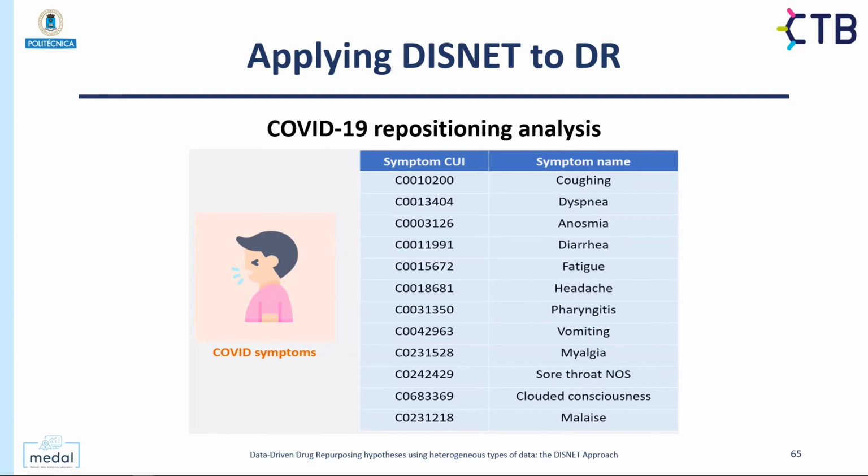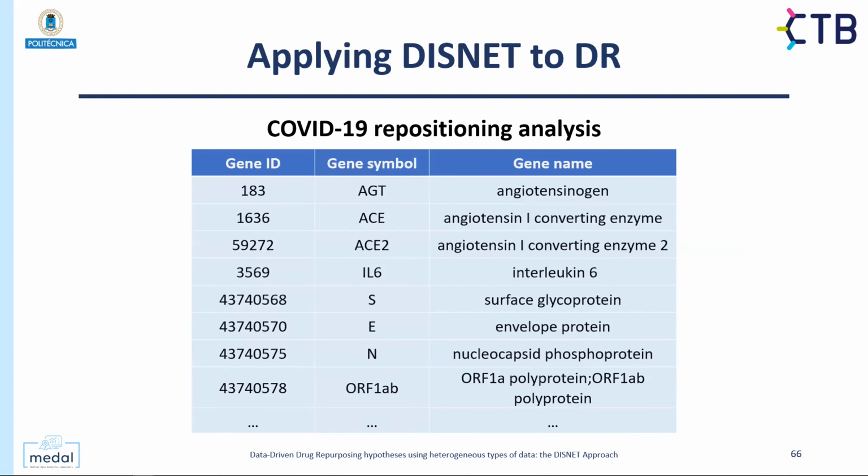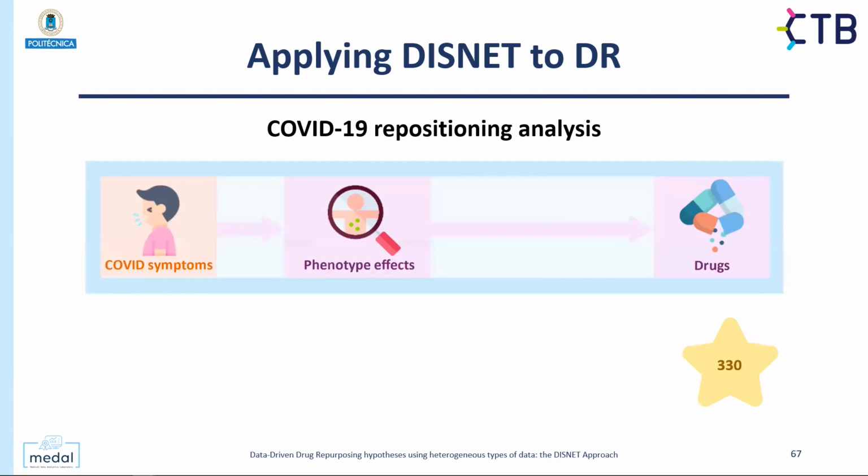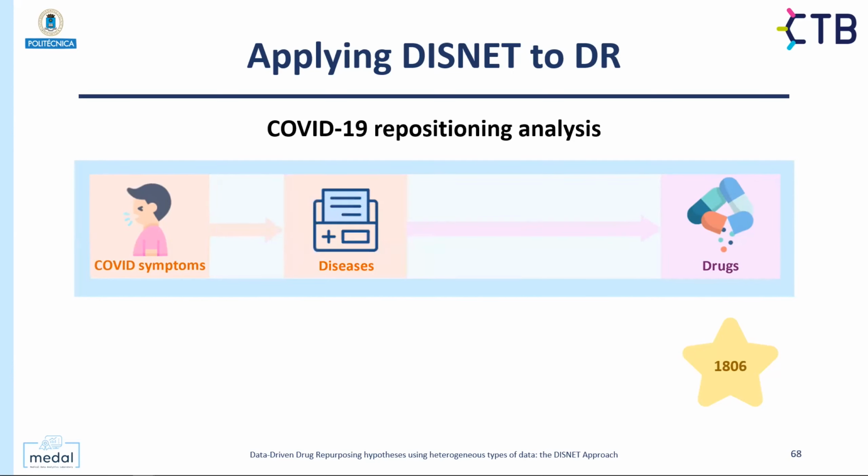These are just an example. We get all the genes associated to COVID, and we start our analysis. Basically, from COVID symptoms, give me all the drugs that treat these symptoms, and we get 330 drugs. With all the COVID symptoms, give me all the diseases that have at least one of the symptoms, and give me all the drugs that treat these diseases. And we get